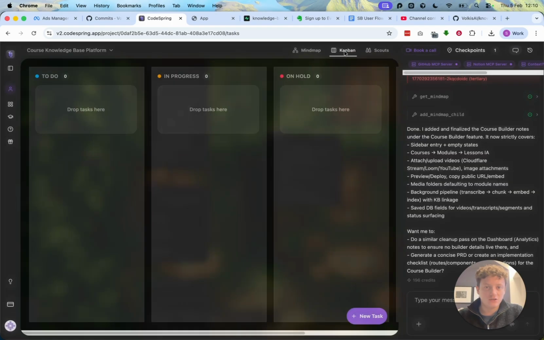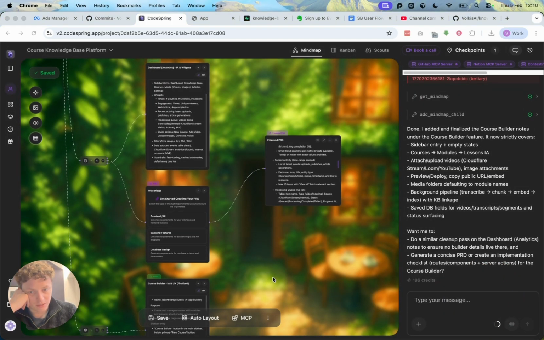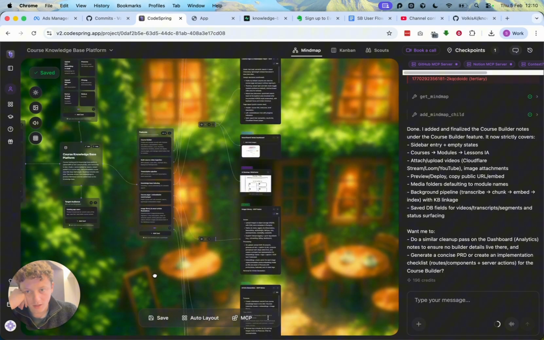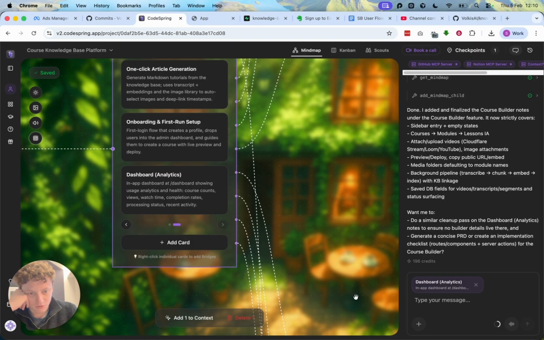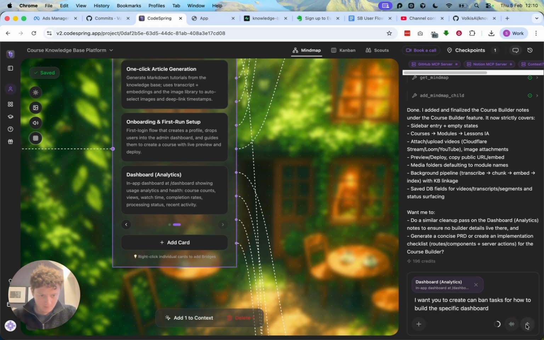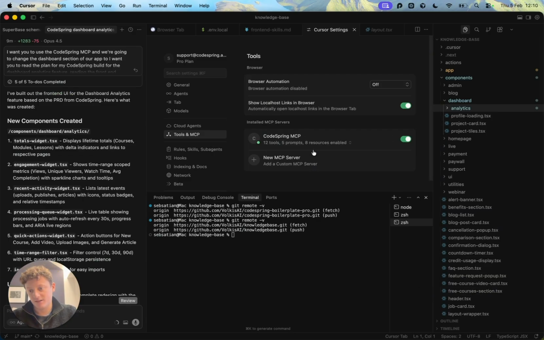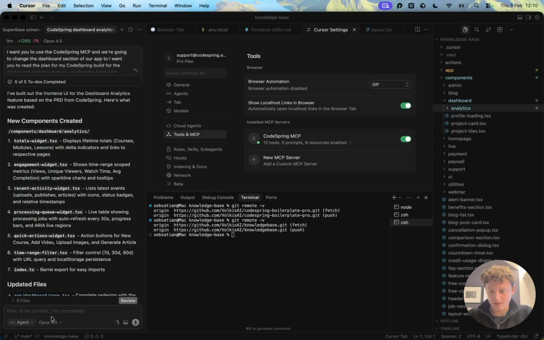So what we can actually do is in CodeSpring we can create Kanban tasks. So I want to come into CodeSpring and I'm going to say, for what was it? It's the dashboard is the one we just built, isn't it? So here we're going to add the dashboard to context, and we're going to say I want you to create Kanban tasks for how to build this specific dashboard. Yeah, so I've done this the wrong way around. Really what I should have done is created the Kanban tasks, then built it, but I've actually built it, and then I want to create the Kanban tasks. So actually, instead of that, what I'm going to do is I'm going to say,